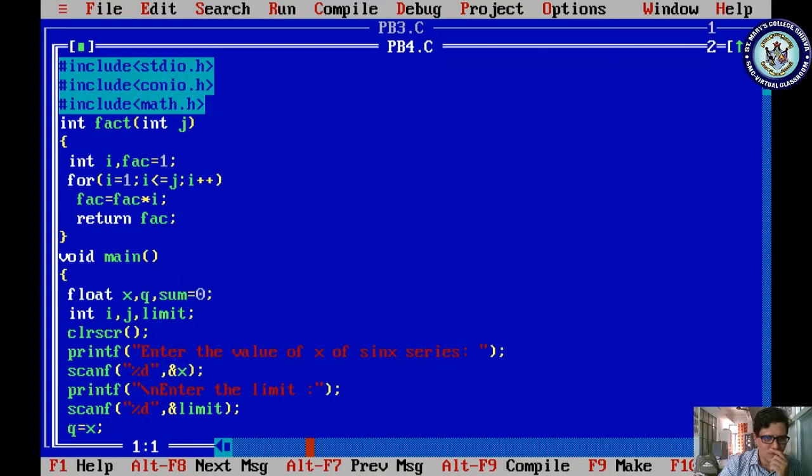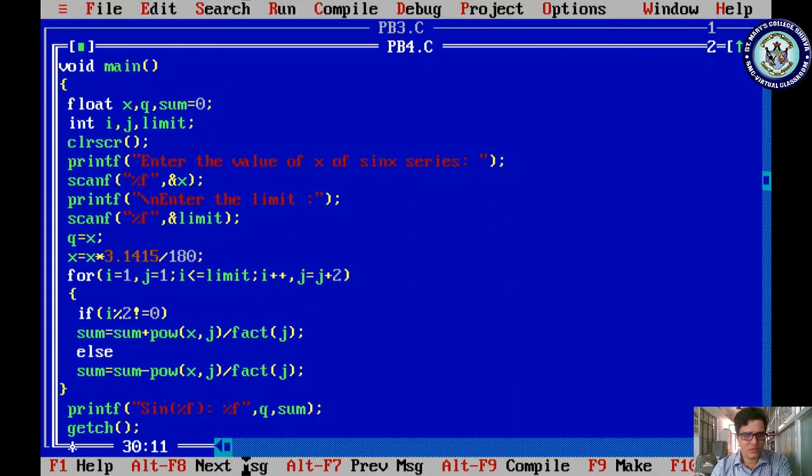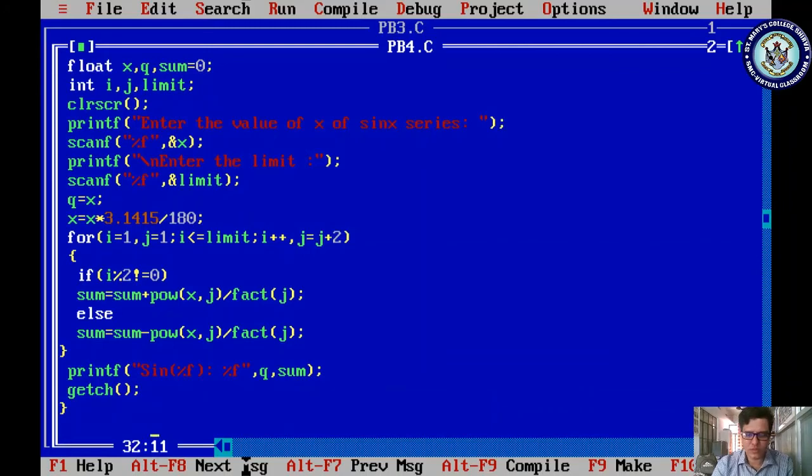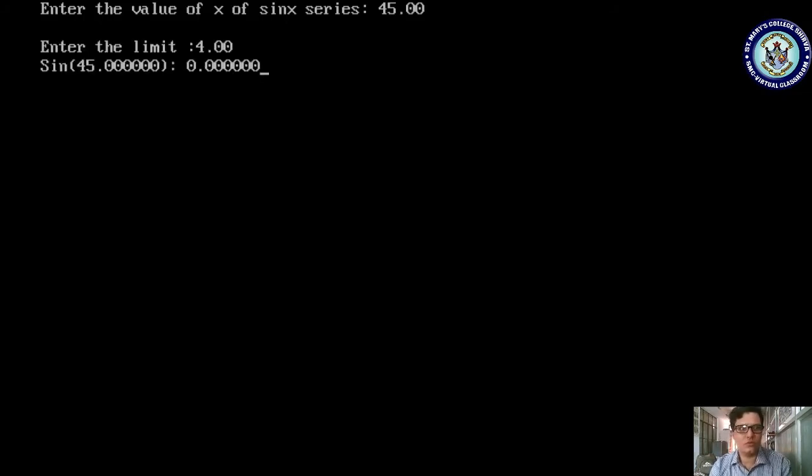Let me check. Yes, here we have made a mistake, that is the f. F should be given, right? Here also the same thing. Now save it, compile it and run it. Now I am giving 45.00 and 4.00. It is giving sin 45 as 0.00.